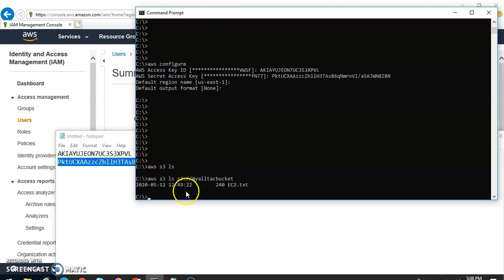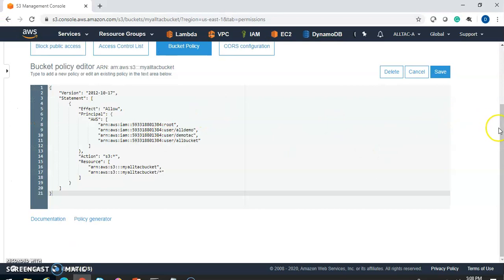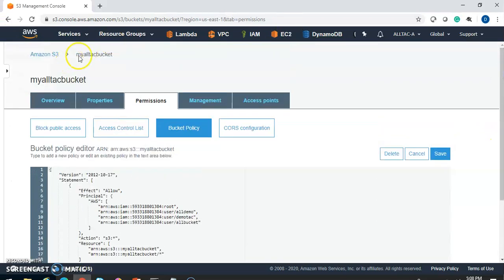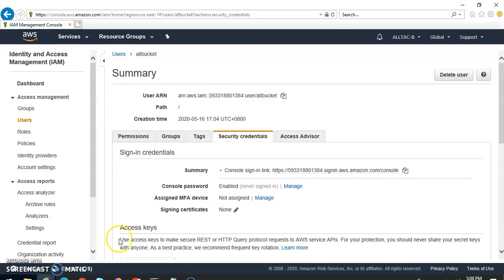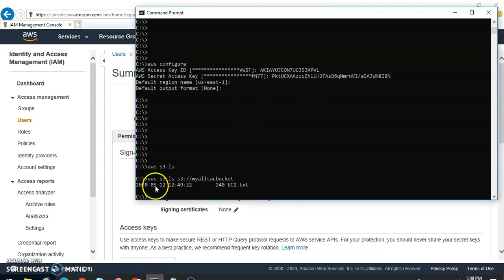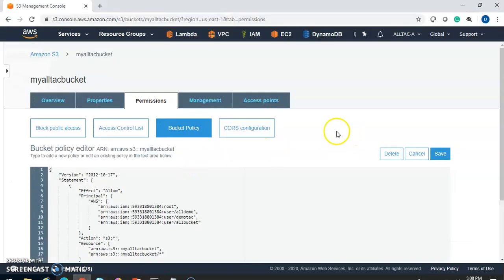Okay, so now the S3 my all tech bucket, which is in account 222, I'm able to access from account 111, because we created the user here, copied the secret key, and logged in with the AWS CLI. We are able to access the bucket and the bucket files inside. I hope now you have a high level idea.